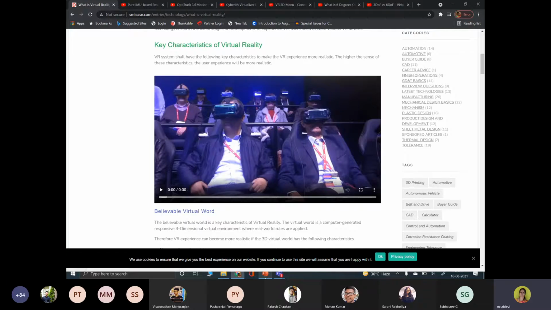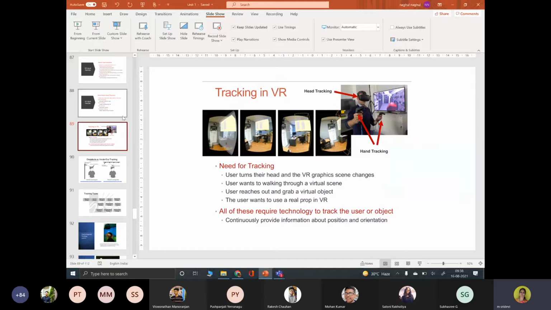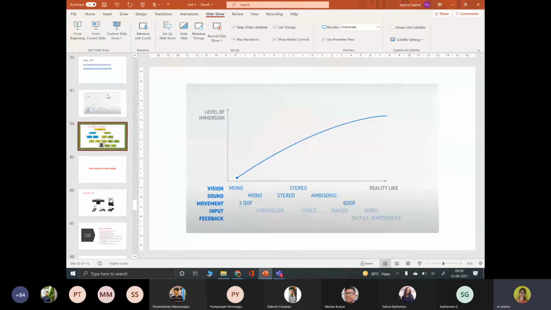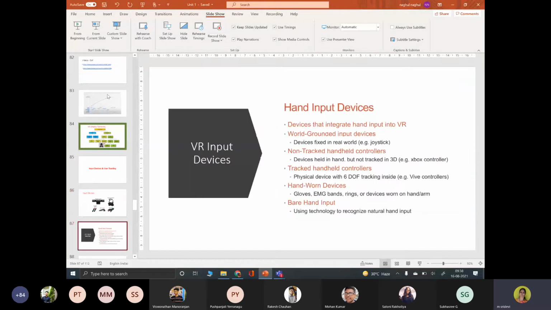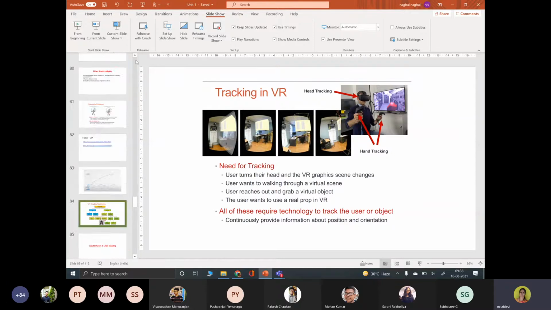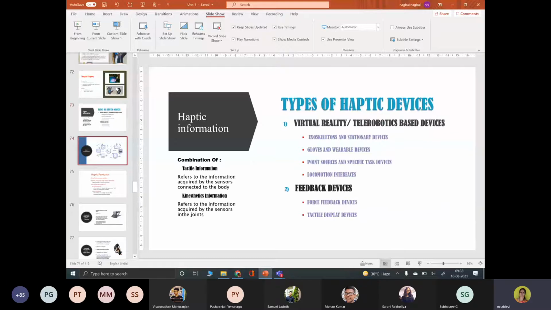With the help of which device have they obtained this? I think with respect to the haptic devices, I have given you an example also, I guess.